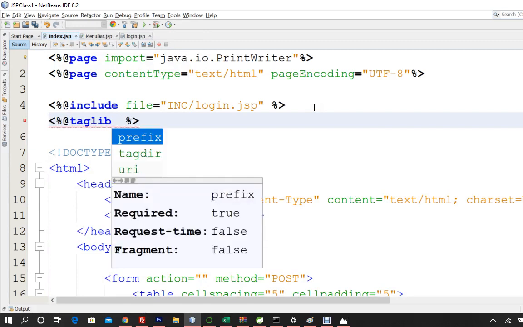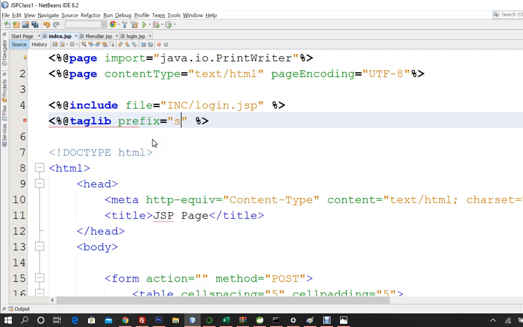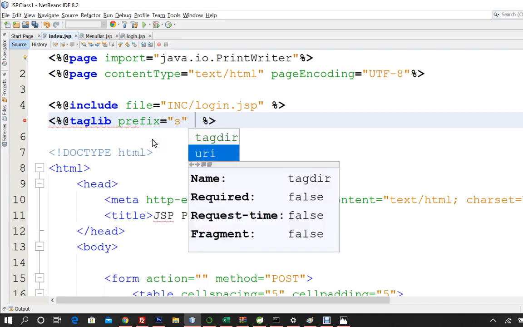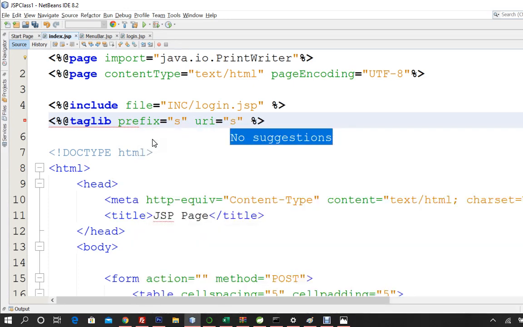Taglib we are going to understand when we start the Struts framework. So we'll be understanding what taglib actually is. But what we have been able to learn so far is directives. And how many directives did we go through? We went through three directives. Okay, one is the page directive, another is the include directive, and the third one is the taglib directive, right? So I'll just try and show you